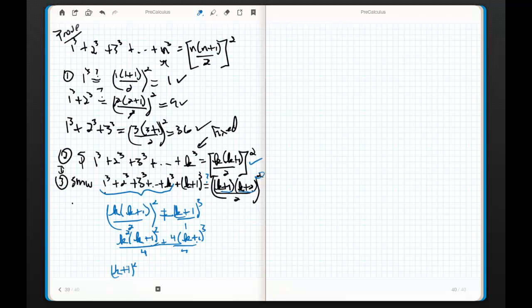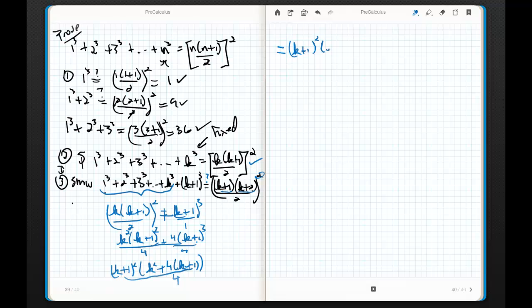Watch what happens. If I factor a k plus 1 squared out of both of these terms, I'm left with a k squared plus 4 times k plus 1 all over 4, which equals, excuse me, I'm coming up this way. If I look, I get k plus 1 squared times k squared plus 4k plus 4, and your spidey sense better be tingling, all over 4. K squared plus 4k plus 4 is just k plus 2 squared, so this is k plus 1 squared times k plus 2